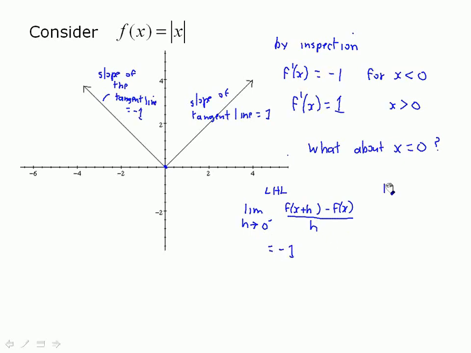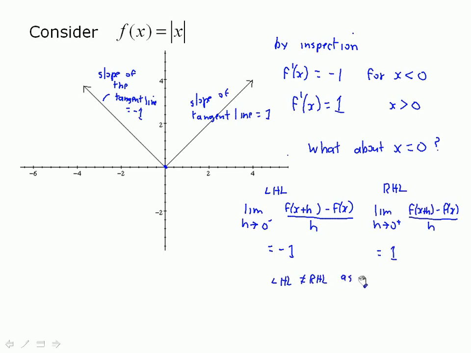And then you'll see where this is going. The right-hand limit, so the limit as h approaches 0 from the right, of f at x plus h minus f at x over h, is equal to +1. So the derivative from the left is -1, the derivative from the right is +1. And the left-hand limit does not equal the right-hand limit